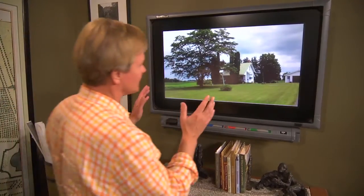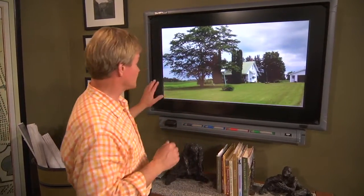I have to say, it's a lot of fun for you to send me photographs of your landscape and for us to look at it and come up with some ideas that might improve it. Now today we have an interesting case where Vicki, who lives in Minneapolis, has just inherited a farmhouse in Wisconsin, and it's really charming. Now you can see this house is set in a rural landscape, which is really very